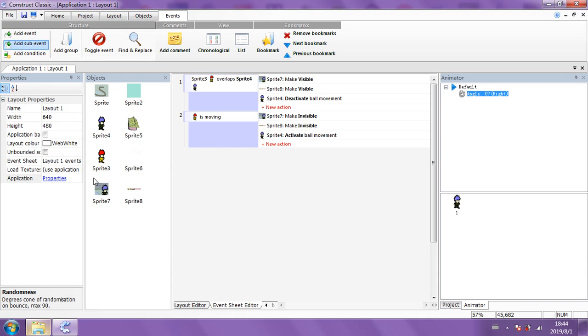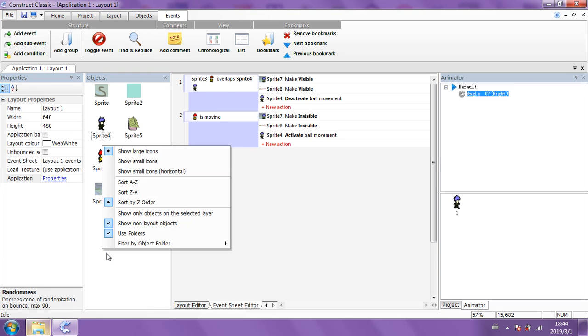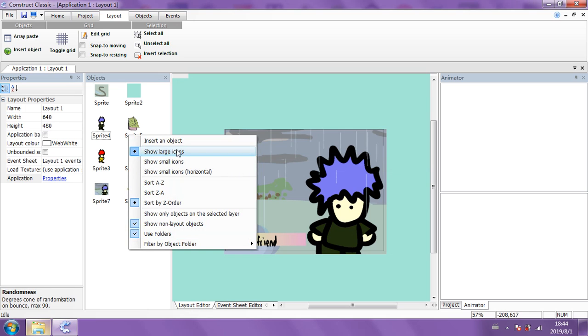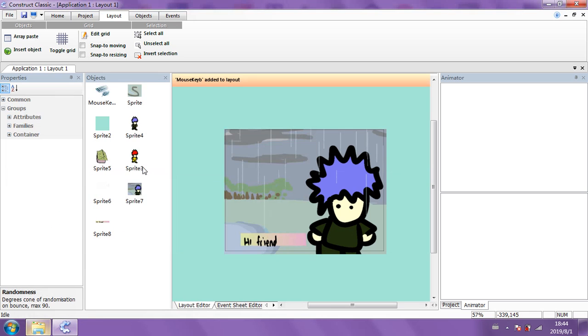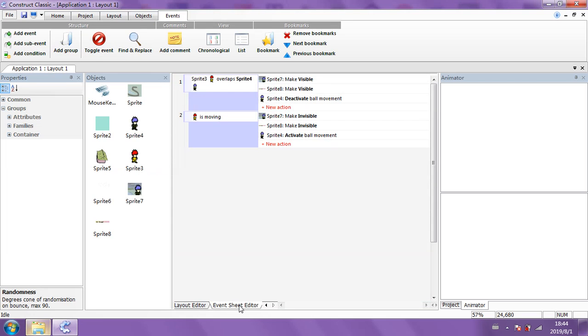So let's right click under layout editor, sorry, go to insert object and click on mouse and keyboard, okay. Then I'm going to go to event sheet and, hold on, I guess the best thing to do would be to deactivate certain things, but I deactivate the fact that the character can walk while I'm selecting certain things. That would make more sense, but otherwise he's going to change position. But then again, we're going to need to be able to make him move again too. Unless that's the whole point in the first place.